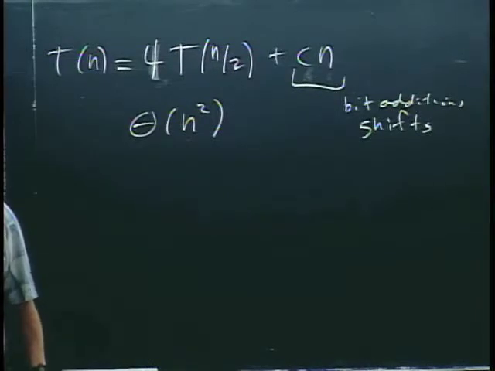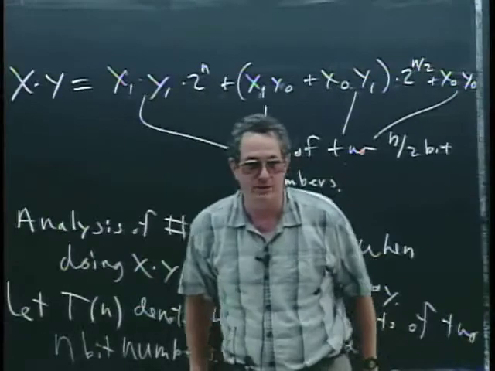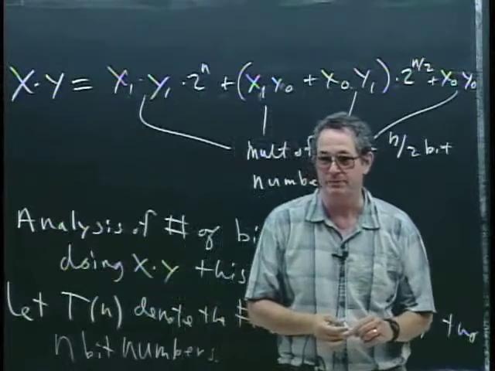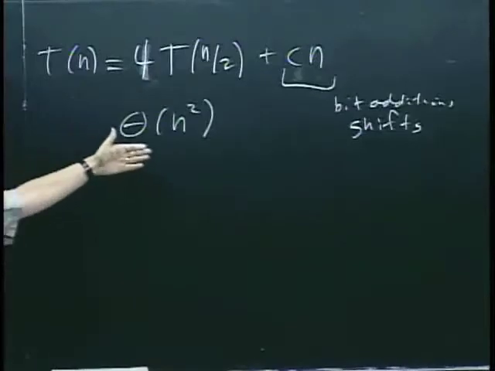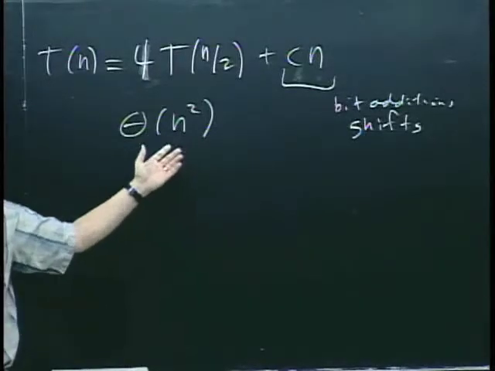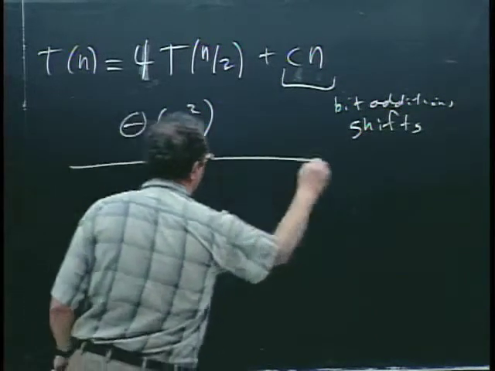Okay, we made no progress. And I did warn you, this is the way the book likes to proceed often: you do what seems natural, what seems like a good approach, and then you recognize that, no, that didn't work out too well. We'll have to do something different. When you solve this recurrence, it's a good exercise setting it up. It doesn't save you anything. In fact, because of the overhead, and it's a more complicated algorithm than the straightforward multiplication, it would probably perform worse than the traditional algorithm, 1 bit at a time. So what we need is a new idea,